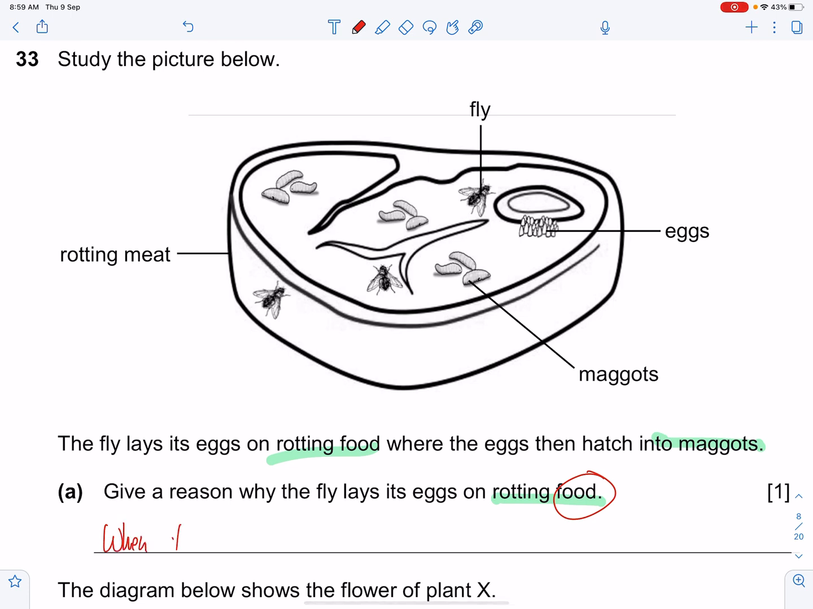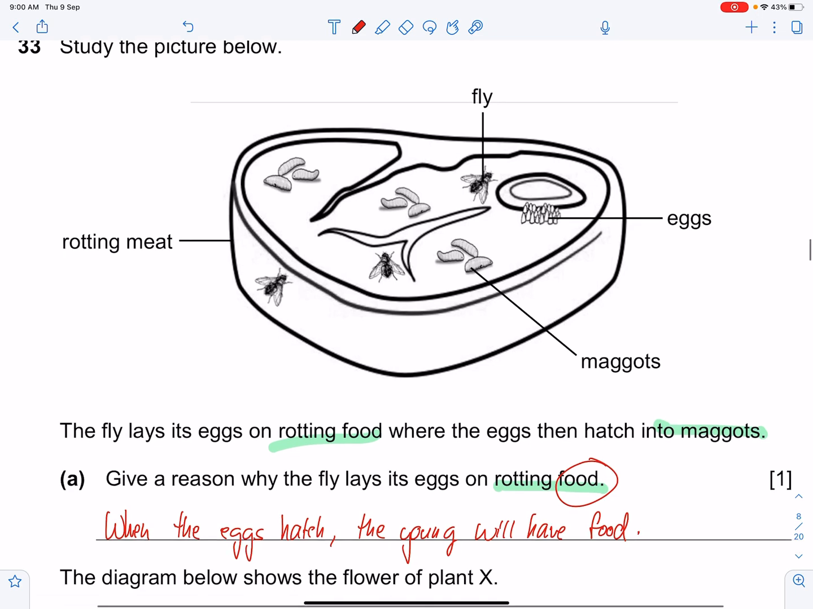When the eggs hatch, the young will have food, and they don't have to go around looking for it. Next,